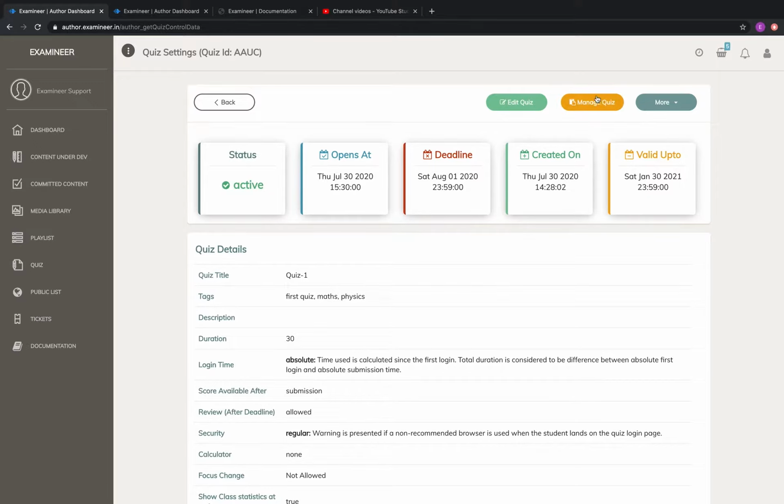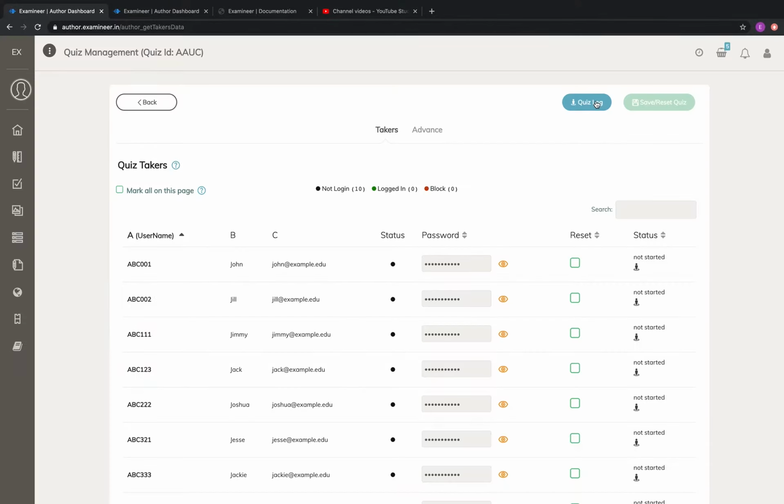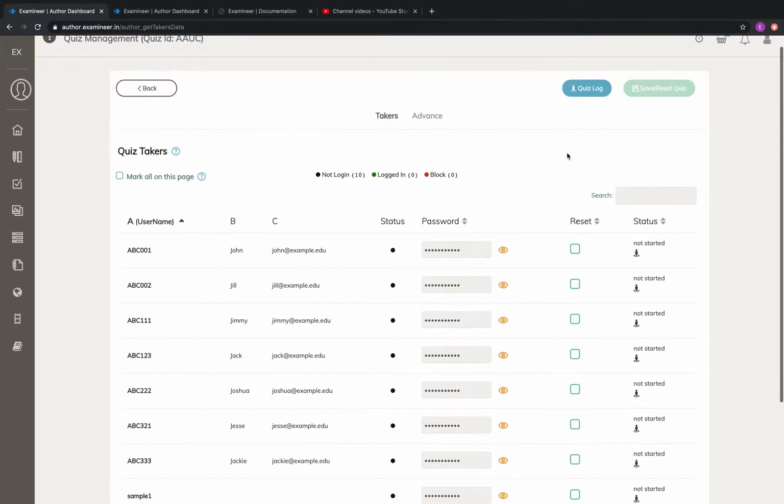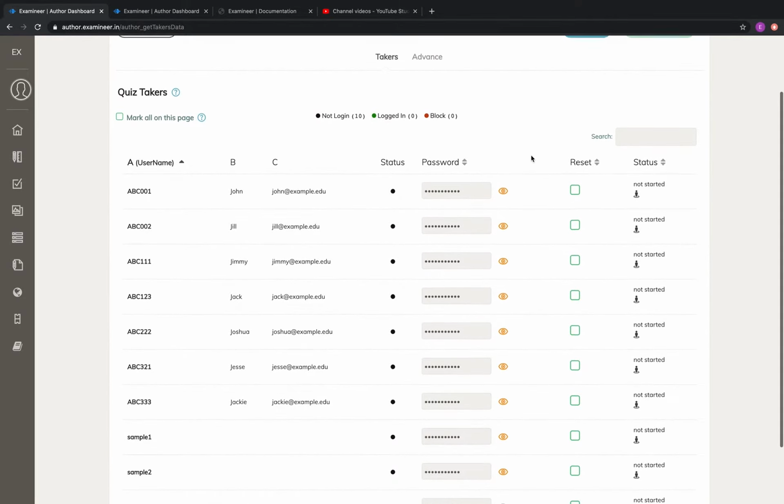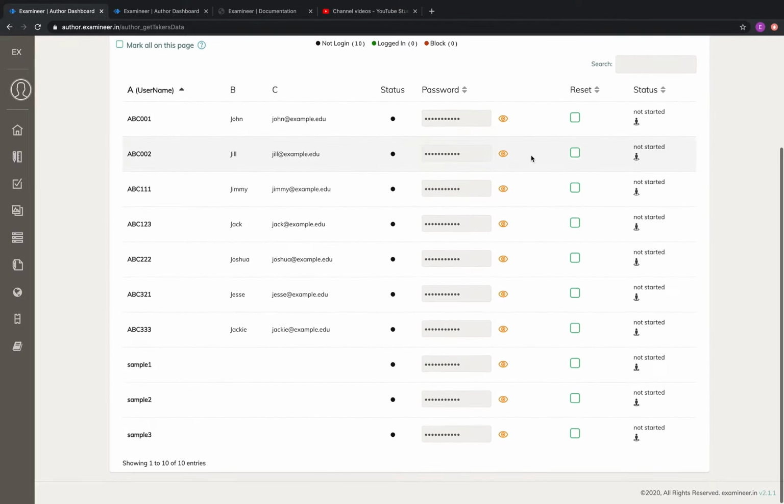We have got a manage quiz button over here. On the manage quiz page, we can see who the takers of the class are and what they are doing. So over here, there are 2 tabs, takers and advanced. In the takers tab, you can see all your class takers. These were the 7 takers we added, and 3 takers are added by the system automatically: sample 1, sample 2,